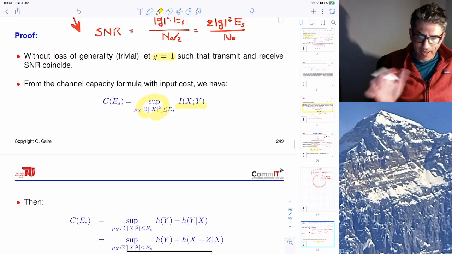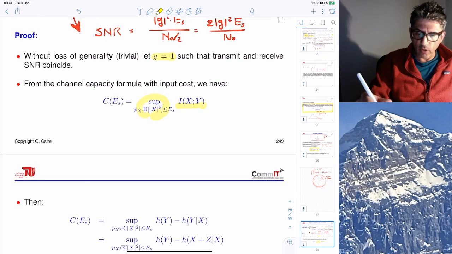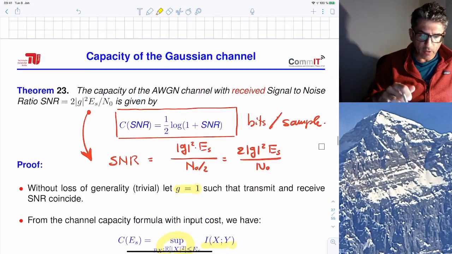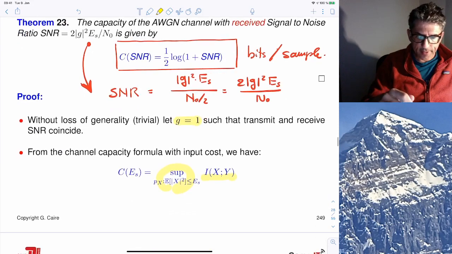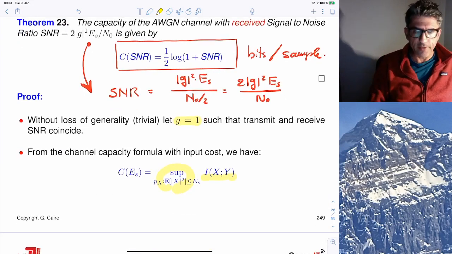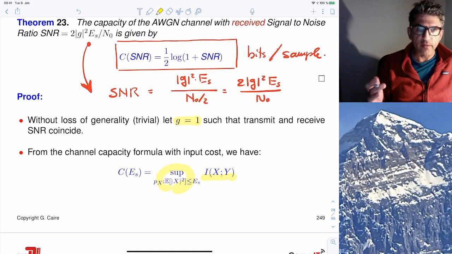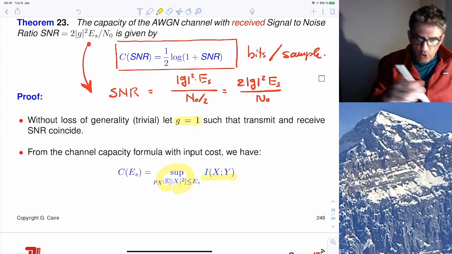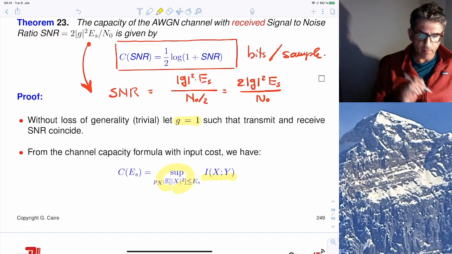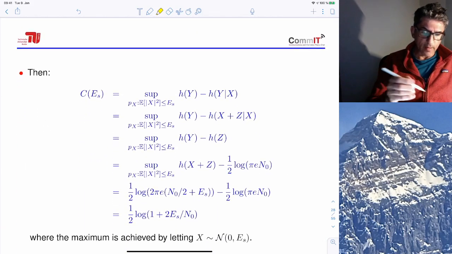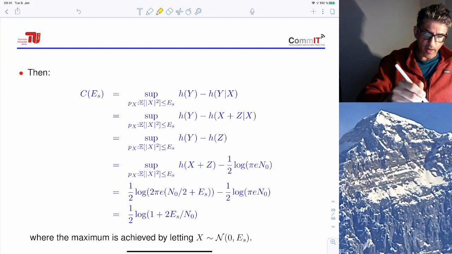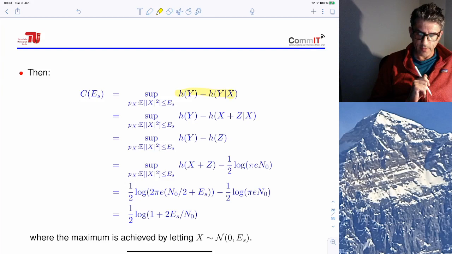Notice that we already have a capacity theorem. We do not have to reprove it, because in fact we have the general capacity theorem that says this maximum, or the supremum, is the capacity. So we have just to prove that the solution of this optimization problem is given by that result. So we can write, well, by definition, we simply write the mutual information as the difference between these two entropies,